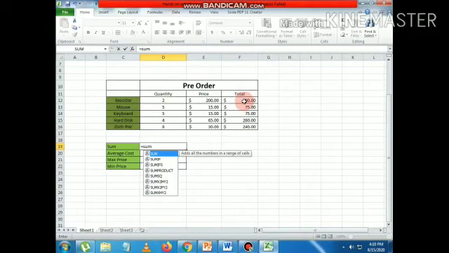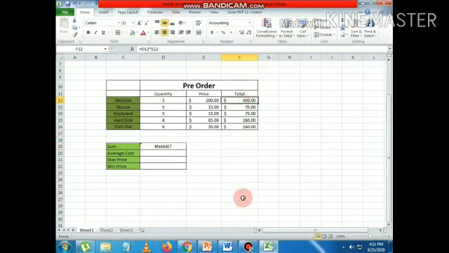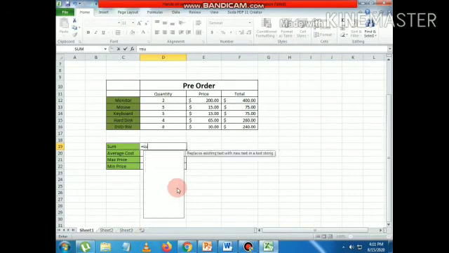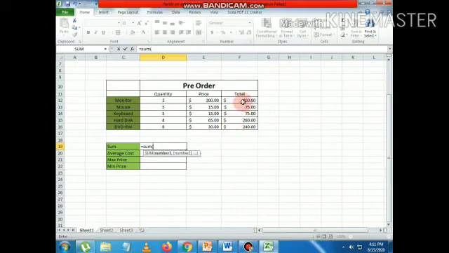I will calculate the sum of total. Sum, bracket start, F12 to F16.